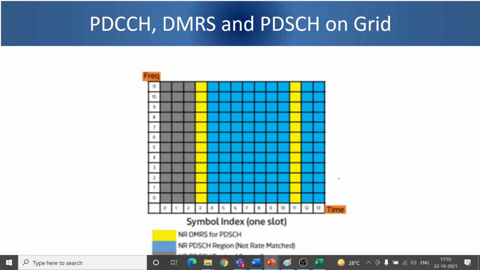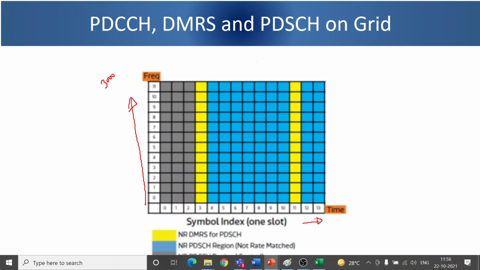I think I talked about the control channel in the previous slide, and I talked about the DMRS channel. So just look at this particular diagram, which is just a grid. If you recall the grid, in this direction you have frequency, subcarriers 0, 1, 2, 3, 4, whatever number of subcarriers you may have, 3000 or 4000. And on the downside, you have symbols. In one slot, you have 14 symbols, right? 0, 1 to 13, right?